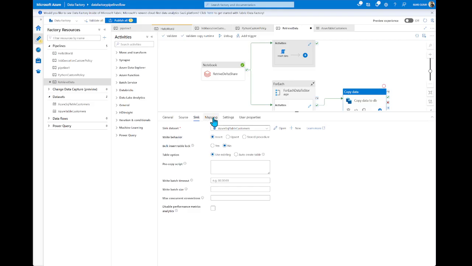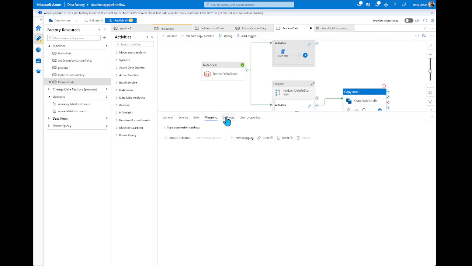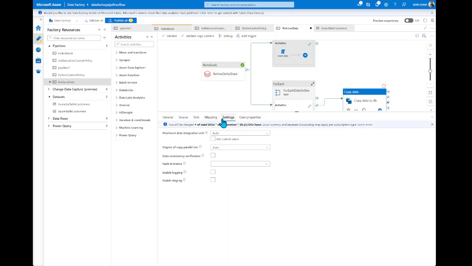And there are more options like mapping. If you have a specific custom data mapping, and the source has its own data columns and the destination has another set, then using these conversion settings you can map column by column and specify what you need and how you need to copy. And probably that's it. Yes, we have some parallelism, we have some logging enabled, etc.